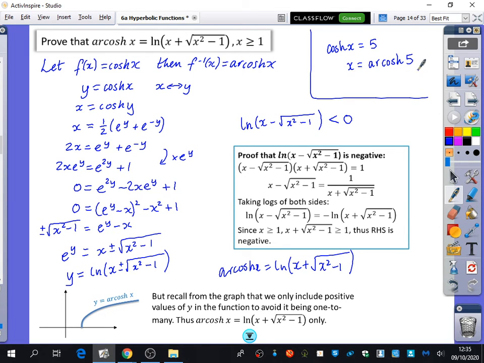Because if I were to use this, when you think about the graph, cosh x being equal to 5, there are actually going to be 2 solutions to this. There's going to be the same one of them and the negative one with it as well. So let me just quickly see if that works. So if we've got 5 plus root 24,